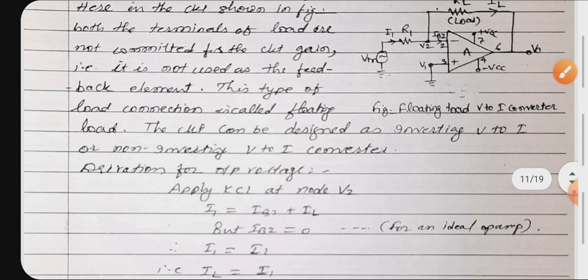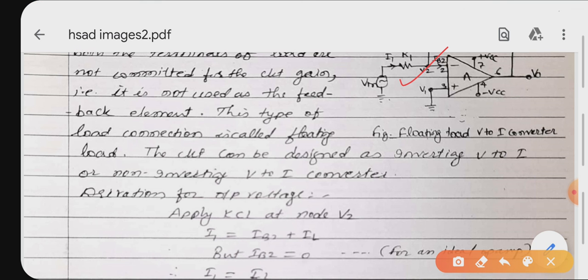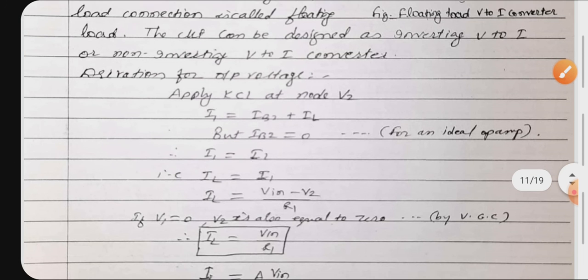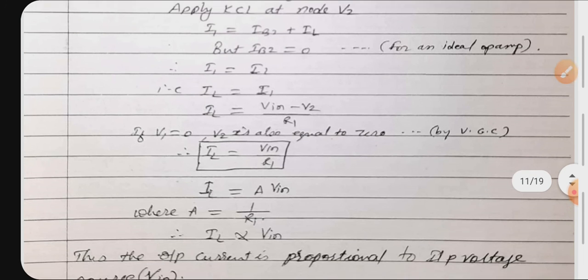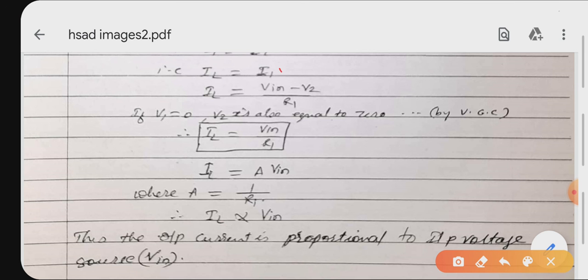So how will be the analysis? Again, the first step is apply KCL at node V2. The node V2 you can see here. So the equation becomes I1 is equal to IB2 plus IL. IB2 is equal to 0 as usual because of infinite input impedance. So the equation becomes I1 is equal to IL. Keeping this IL as it is,